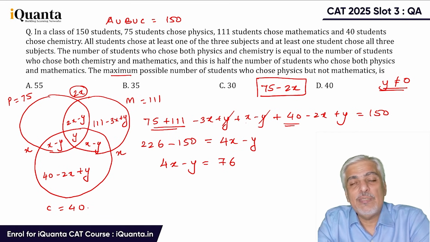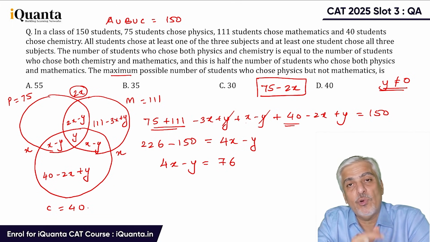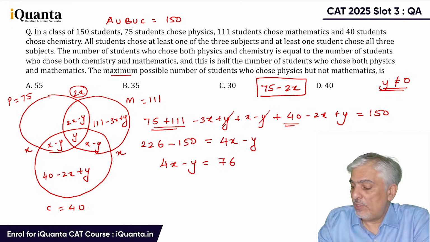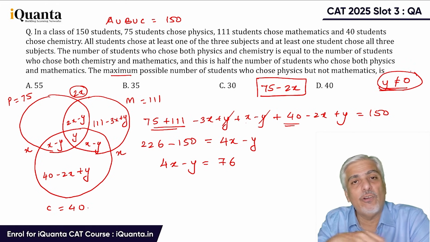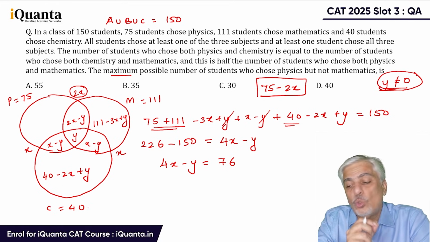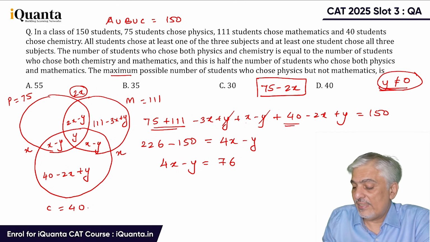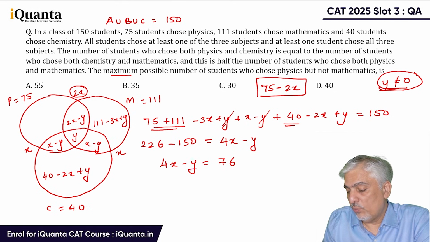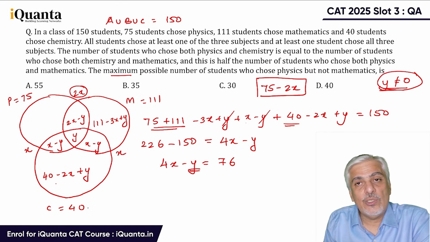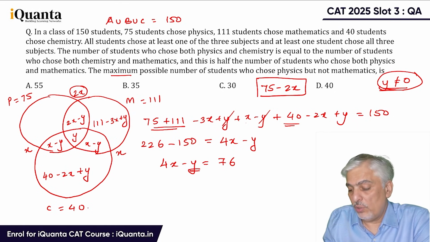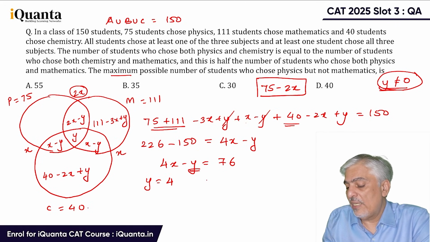So if I want to keep x minimum, y also has to be minimum because it's 4x minus y. What is the minimum value of y? It cannot be 0, it cannot be negative obviously, and x also is an integer, number of students, so it has to be an integer. So over here with y 0, x would have come 19, but y 0 is not allowed, so y can be 4. The next possible value for y will be 4, and 4x becomes 80,